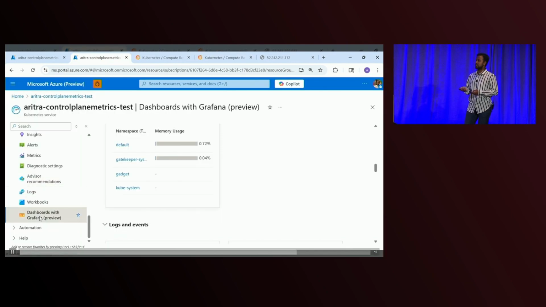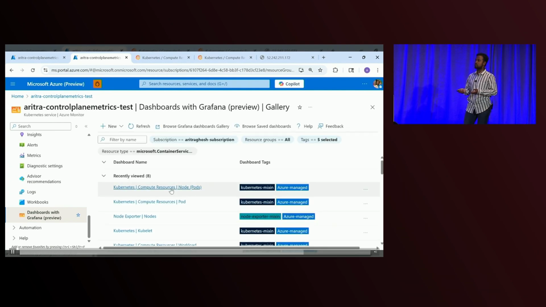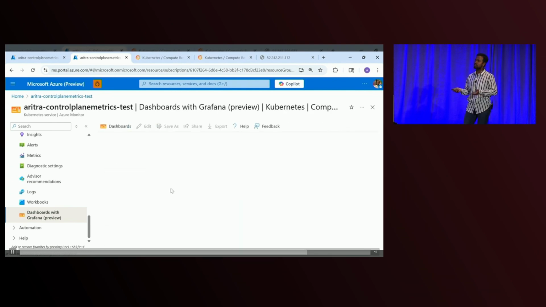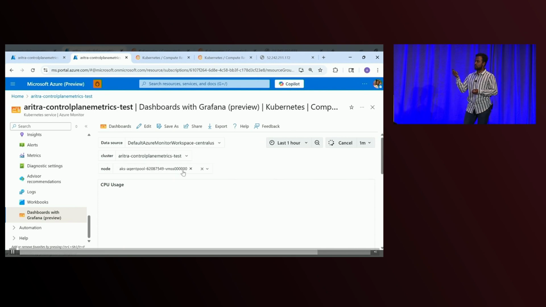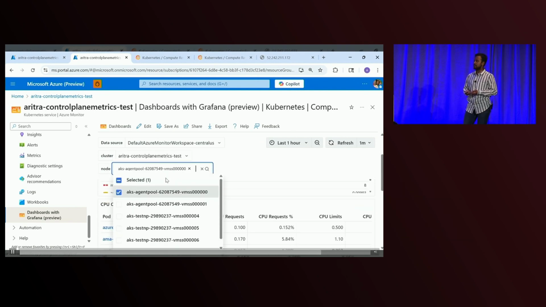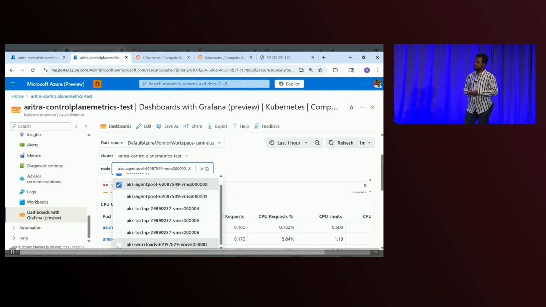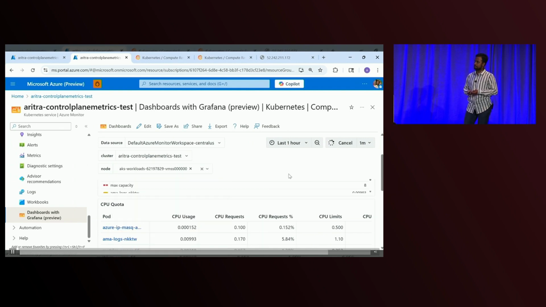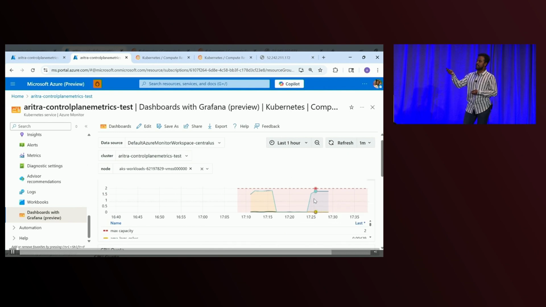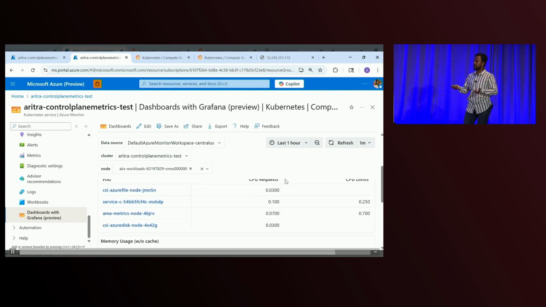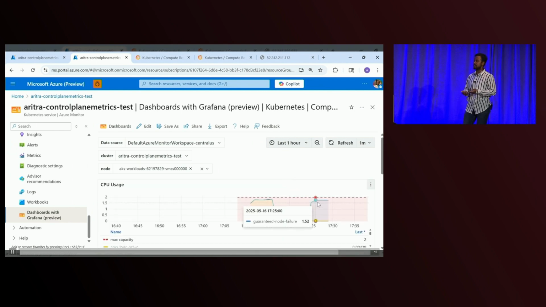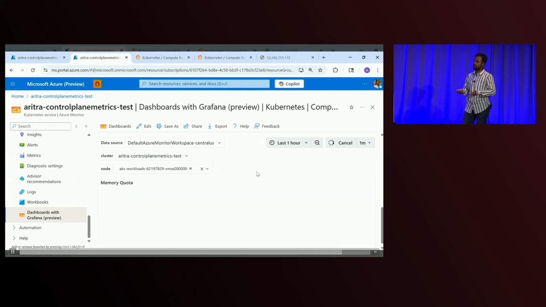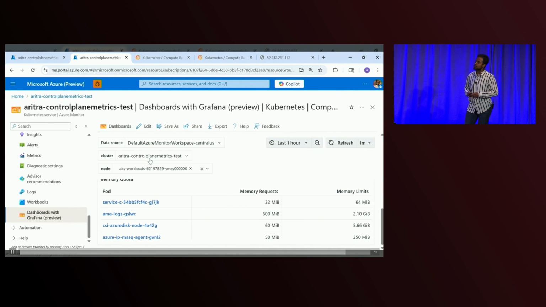This is where, again, the exciting feature which Juanli talked about, dashboards with Grafana. You don't have to go outside Portal. You have all of these dashboards. You can add more. I'll show exactly the same things inside Portal. Again, I'll filter to the node we saw before, which was not ready. And again, you see exactly the same views that you saw there. So you don't have to go back and forth. You can stay here and get all the richness, add and edit dashboards as per your requirements.